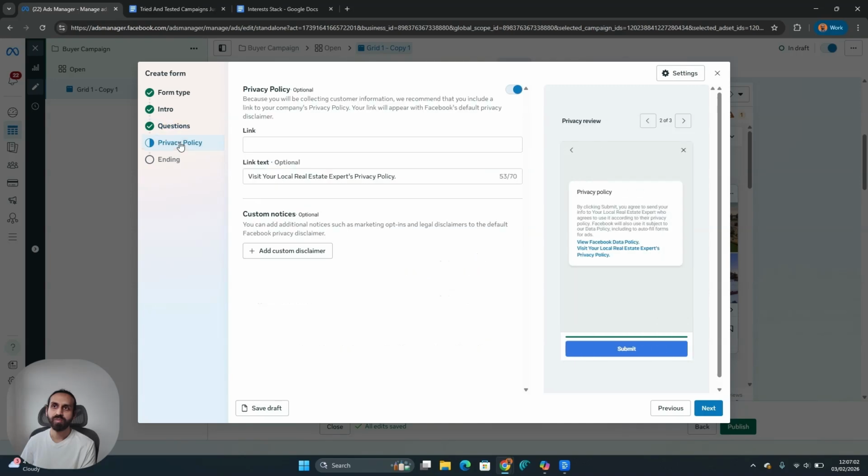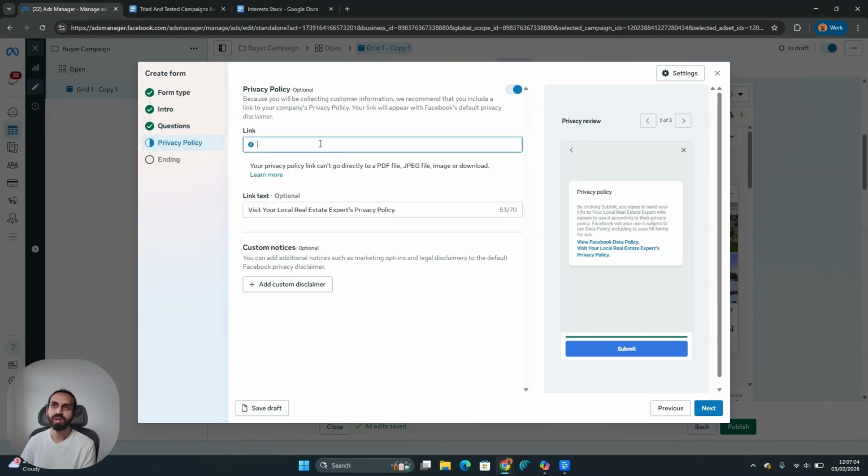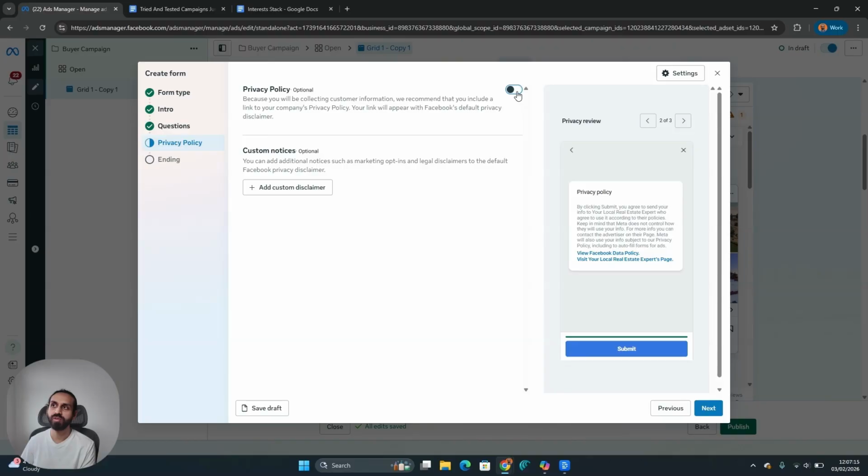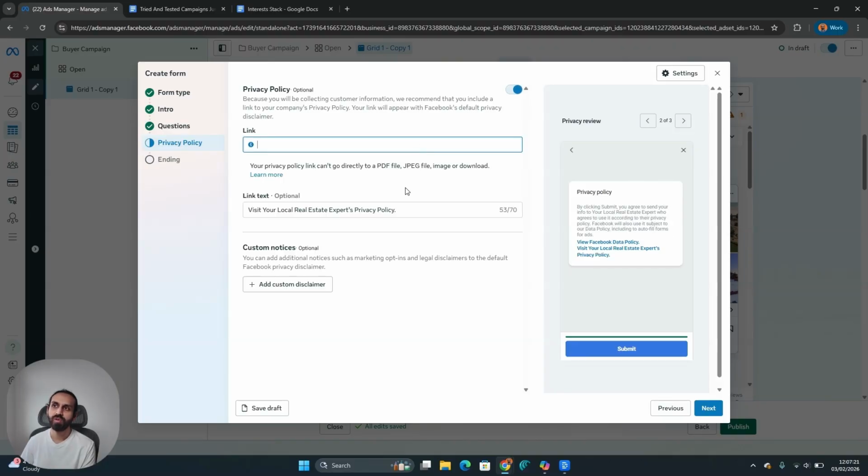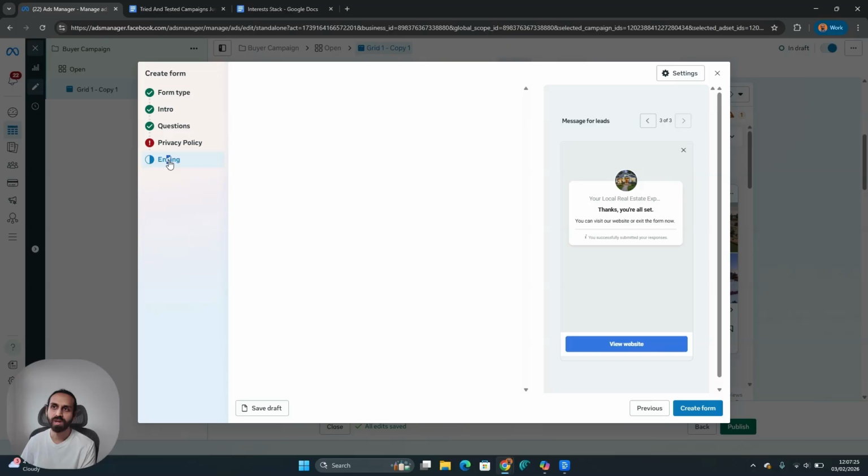And then you're going to go to privacy policy. You're just going to go ahead and copy and paste your privacy policy link here. If you don't have one, you can just go to ChatGPT and get one created. But actually it looks like this is optional now. So it seems like you don't even have to do that anymore. So yeah, if you don't wish to do it, don't do it. And then you would